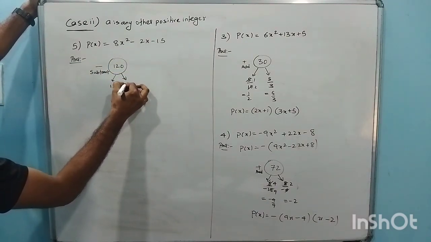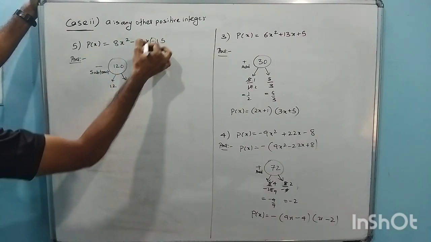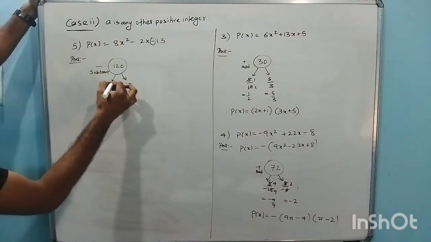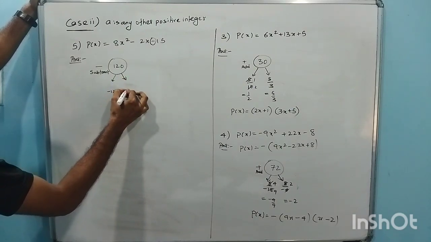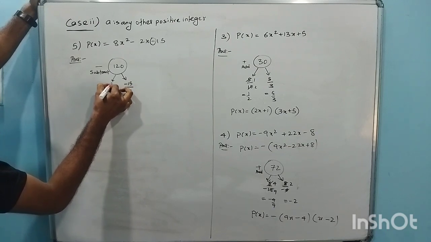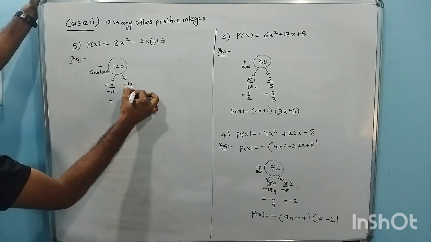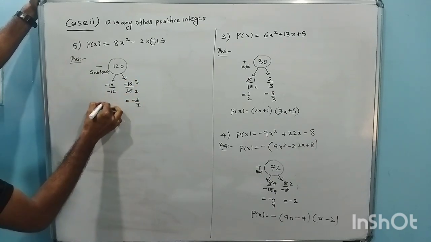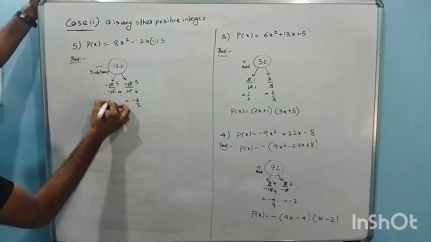12 into 10 is 120. Then this sign, since this is minus, you should give to the bigger number, it is minus 12, and the other sign to the smaller, plus. Just write down minus 12 plus 10. Okay, then this minus 15 I'll write here and here, at the top. Then cancel, what you'll get here? 2 and 3, so minus 3 upon 2, and here 4 and 5, so plus 5 upon 4, minus sign also goes.